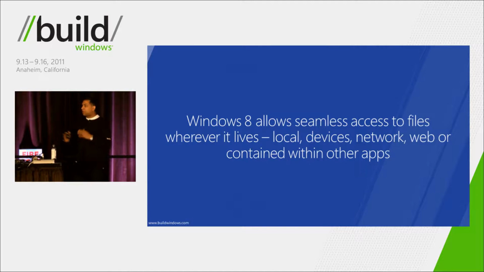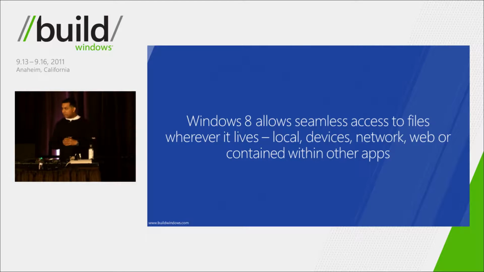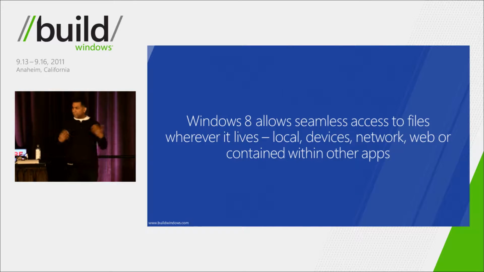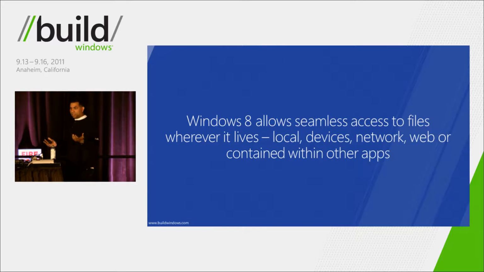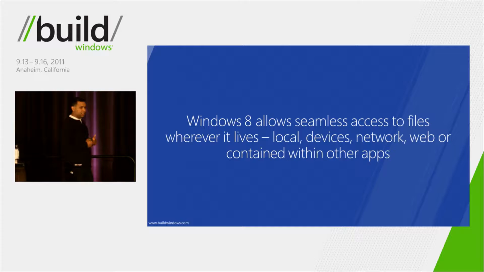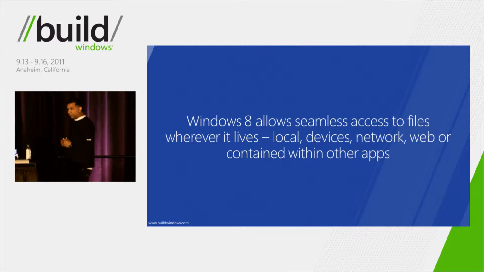Anything which is on a network drive that's visible to your local file system is visible to your app. If your app has data on the web, files on the web, the app can easily consume the data within its own experience. And finally, as you heard Stephen and Julie and Jensen and Alesh talk about the app-to-app framework,